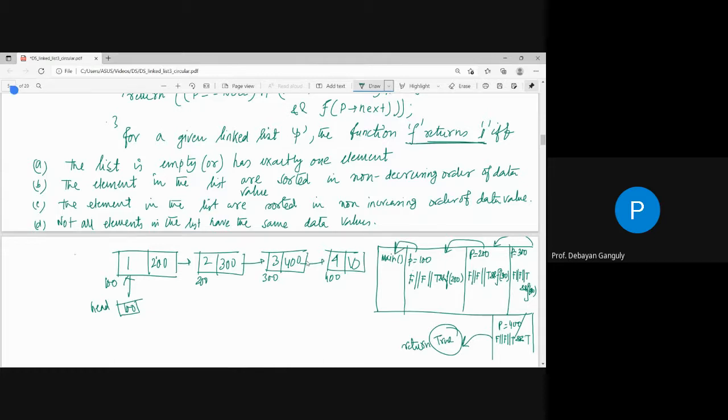So in that particular case this function will check whether the numbers are in non-decreasing order or not, right? So that means in that particular case this is option B, right? The elements in the list are sorted, so option B is correct: non-decreasing order of data value. এটা সিম্পল ব্যাপার। আমাদের যদি তুমি দেখো we are pushing the value into the stack and